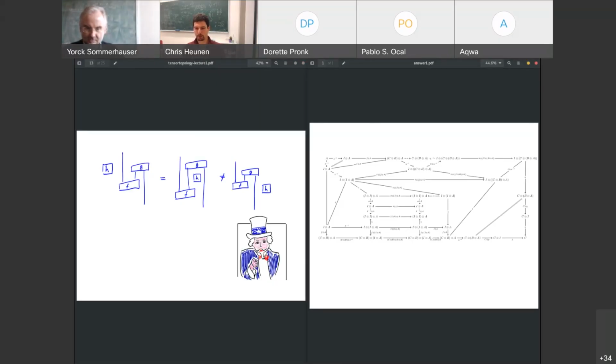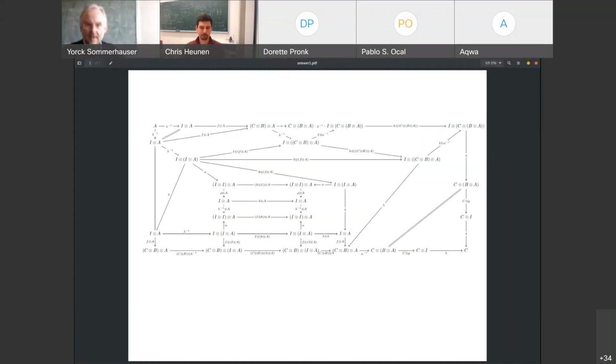I'm not going to go through everything, but the magic sort of happens in, let's see, for example, this polygon here, where you do an alpha, then a rho, then a lambda, or you do a lambda, then a lambda inverse, then an alpha. Actually, on my screen, at least, the diagram is too small to be readable. I'll make it a bit bigger, sorry. Hopefully this is better. Yeah, to some degree at least. It's at least with some effort readable, let's put it this way.